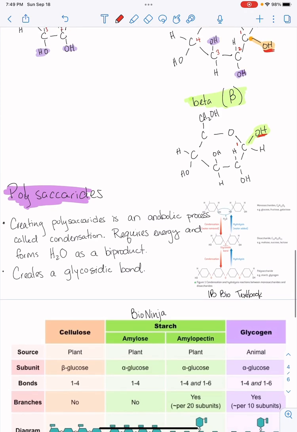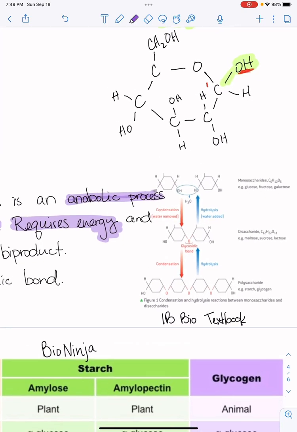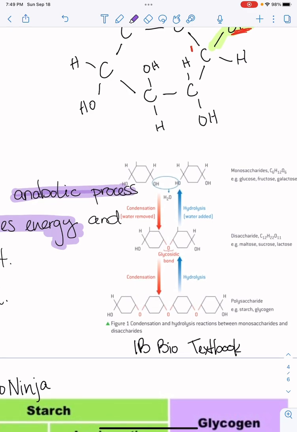Going into polysaccharides, as I said before, creating polysaccharides is an anabolic process, okay? And it's a condensation reaction, and so that means it requires energy. If we're building something, then we're requiring energy. And as you can see in this picture, what happens is when we have this glycosidic bond form